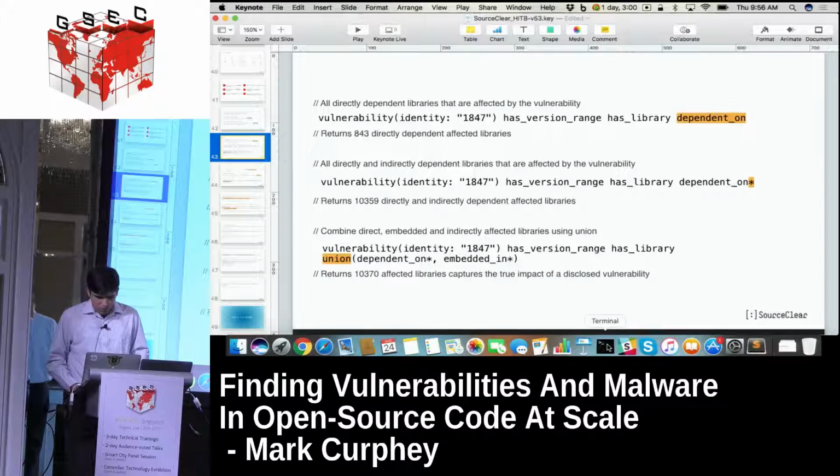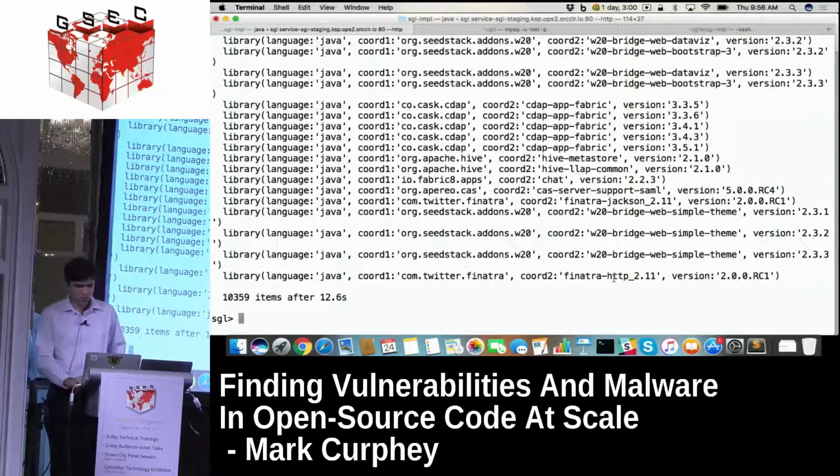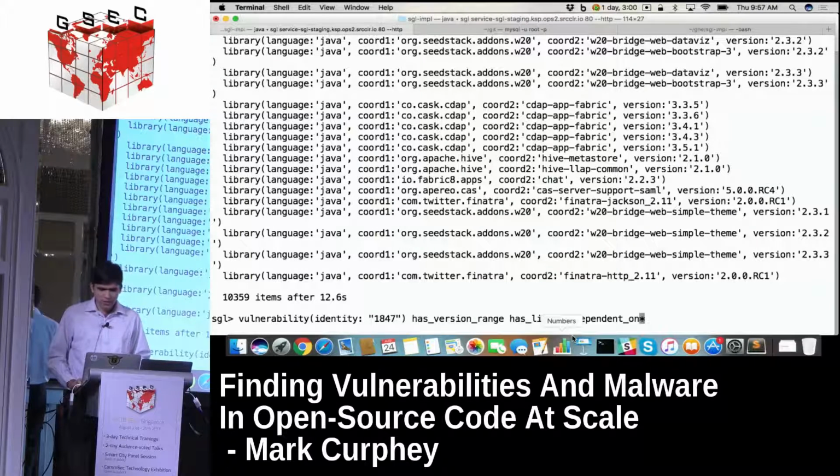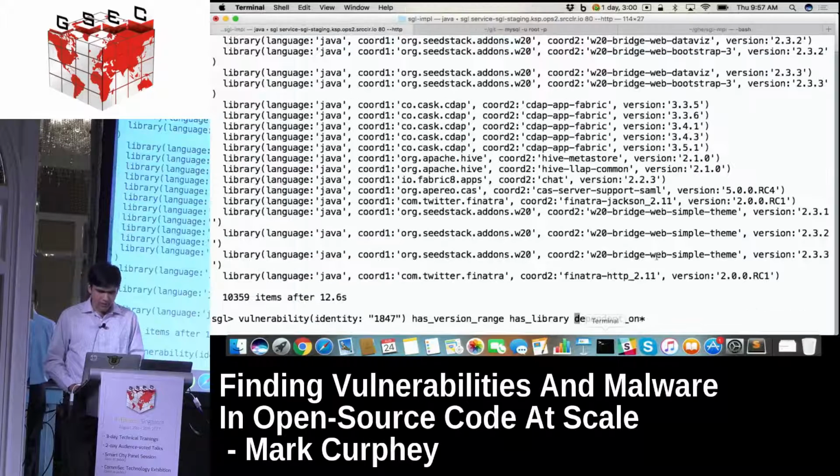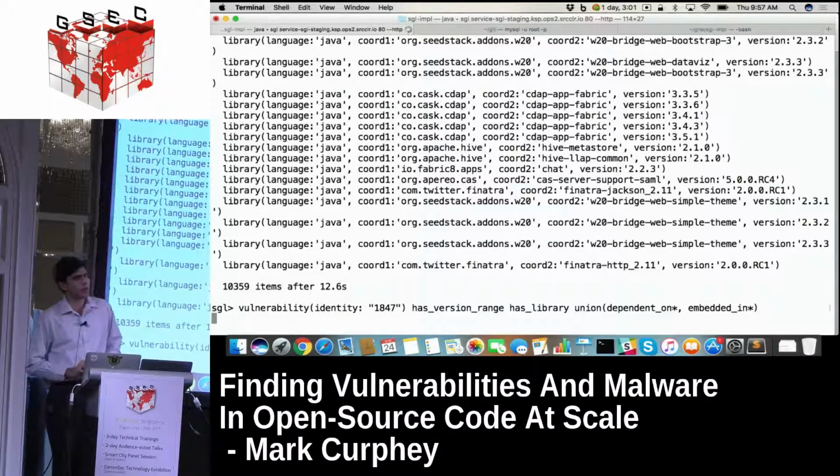And now if you wanted to combine the two, so you want to figure out all the libraries which are either copied in or are directly or indirectly affected through the dependency graph, you can do this, and this will give you a true impact of a vulnerability, right?